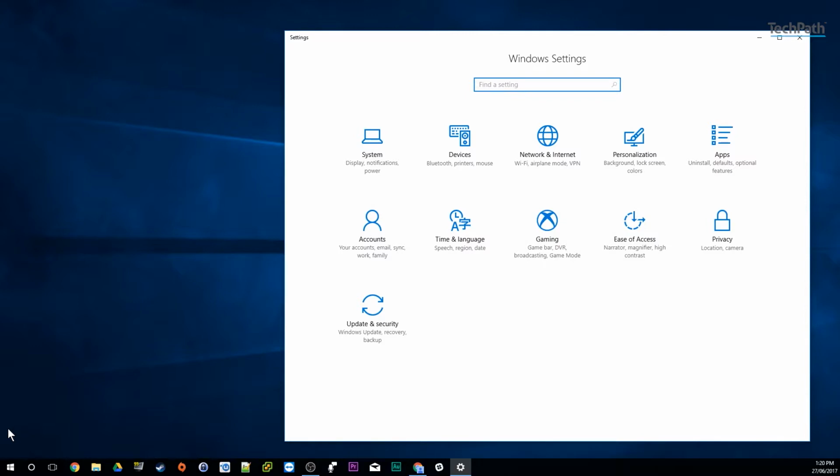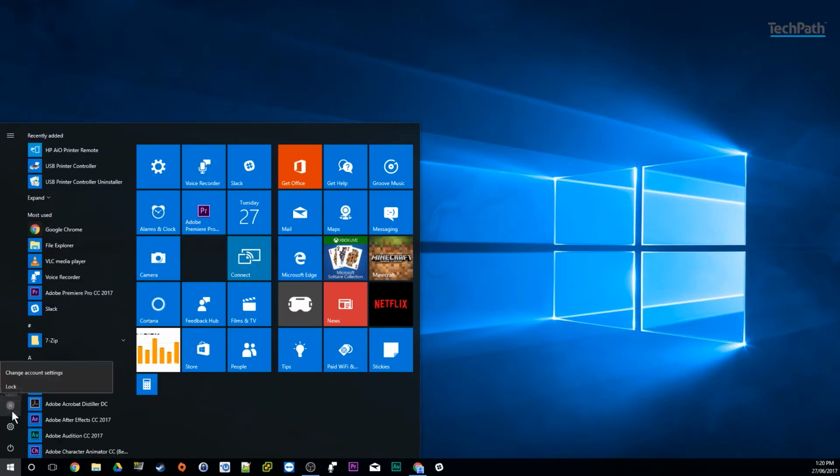And finally we have the user profile up the top. Now with the user profile, you get a couple of different options. This is where it gets a little confusing when compared to older versions of Windows. So you'll notice sign out and lock are only available from this menu. They're actually not available from the power menu, which is different from earlier versions of Windows. And the change account settings option up the top, that will just launch the Windows 10 settings app in that